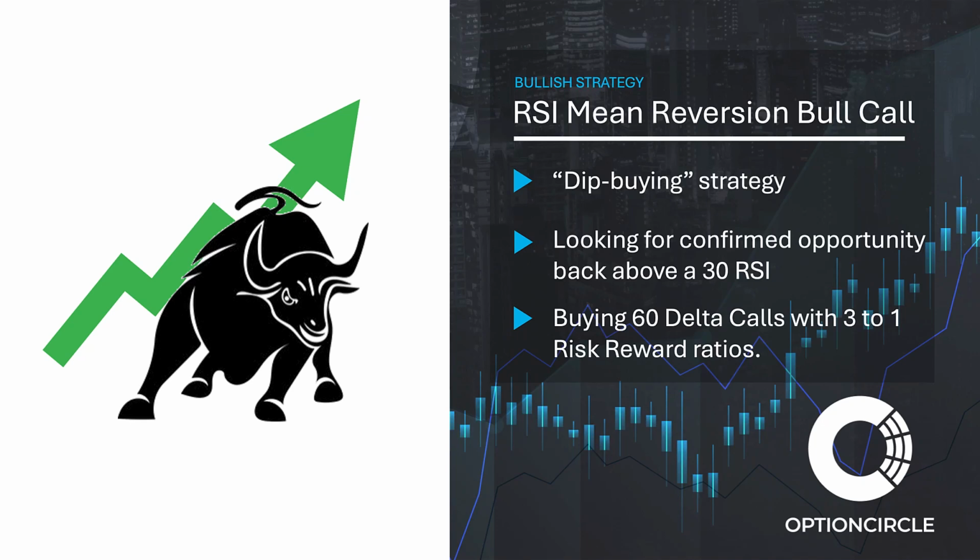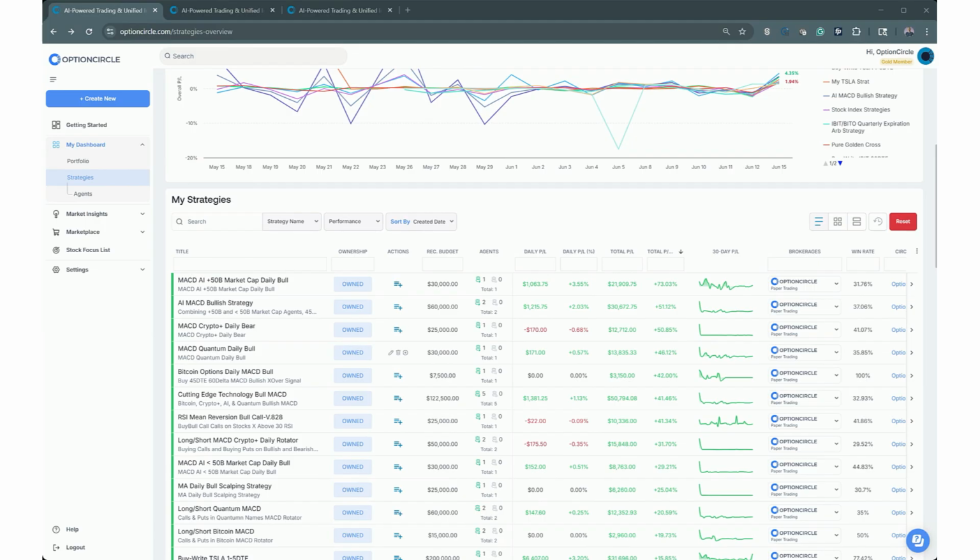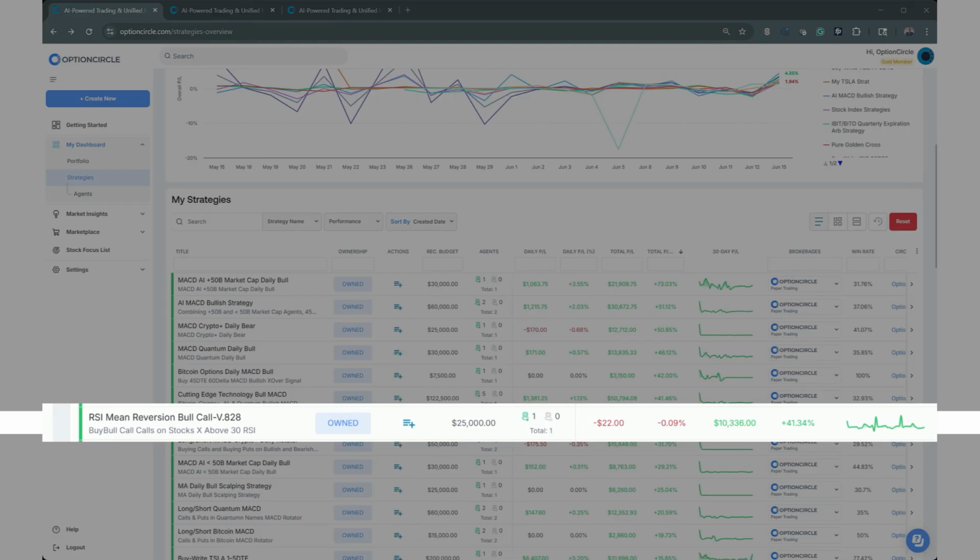For this strategy, we're going to look at the RSI mean reversion bull call strategy. It's a simple dip buying strategy that we've developed over at Options Circle that anybody can copy. As you can see, MACD kind of litters the top agents and strategies right now. That's because we've been in a real trending environment. We wanted to develop a mean reversion because oftentimes those work well, and they can even work well in trending